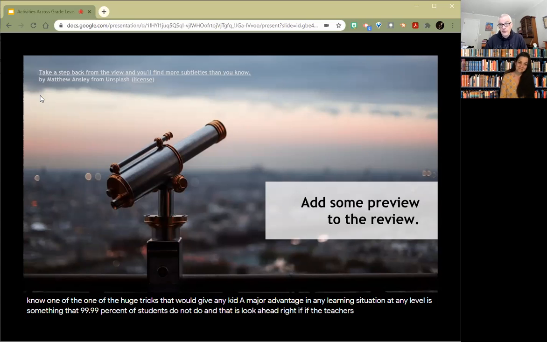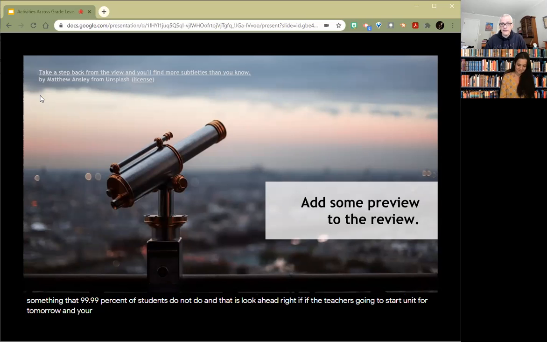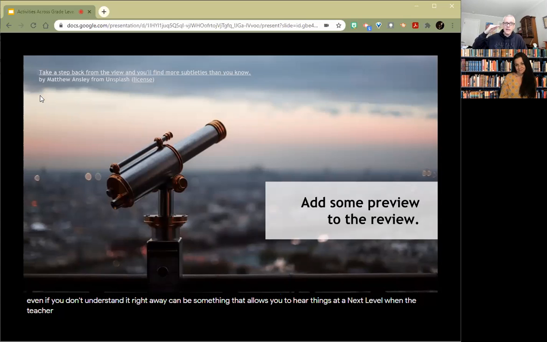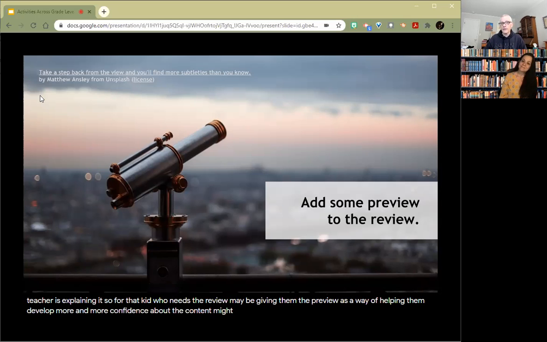If the teacher's going to start unit 4 tomorrow and you're part of that 0.01%, whatever it is, that knows this trick, you look at unit 4 and you start looking into what are we going to cover, what's there, and just that added exposure to the material, even if you don't understand it right away, can be something that allows you to hear things at a next level when the teacher is explaining it. So for that kid who needs the review, maybe giving them the preview as a way of helping them develop more and more confidence about the content might be a really good way to trick some learning into a nice gear with that.